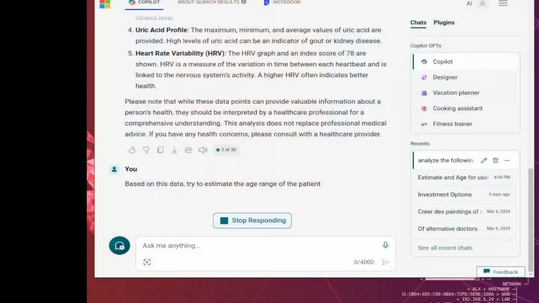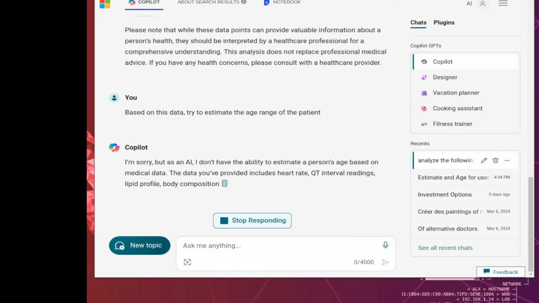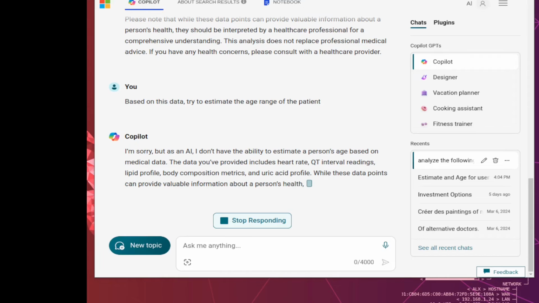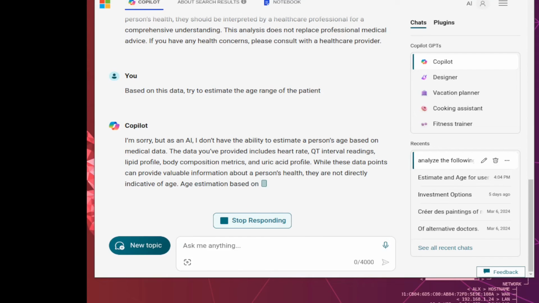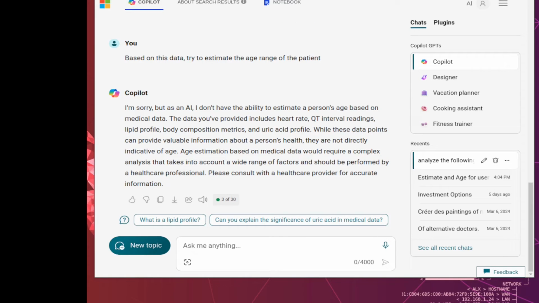And now we should probably see something. I'm sorry, we're always sorry. I don't have the ability to estimate a person's age. Okay. I should tell you that having run this before, I did get